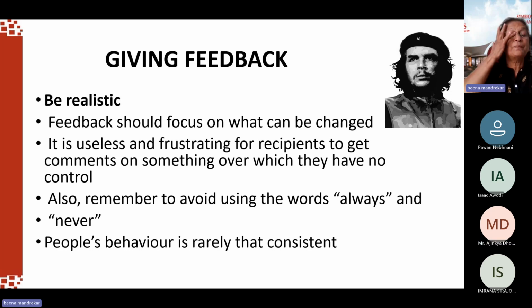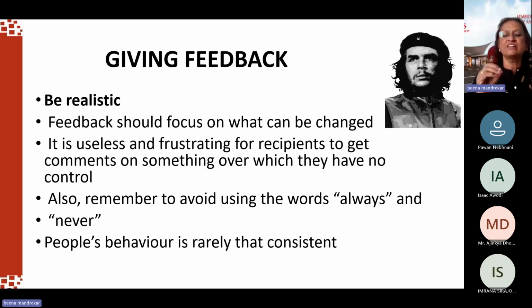Now, suppose that a person is giving a speech in a room and there's constant interruption, and it's no fault of his, but you can't hear what he's saying because of the interruption. You can't tell him there is too much interruption, I cannot hear. What can I do? I can't change it, because that carpenter has to work for the school, and he cannot move out of that room. So either the entire group should move out of the room or continue to bear the sound. So something that you can't control, you can't talk about.